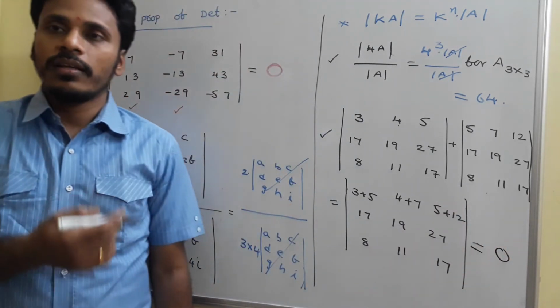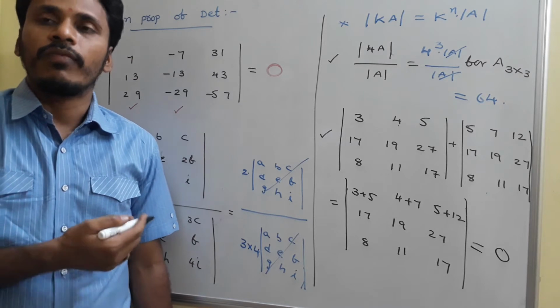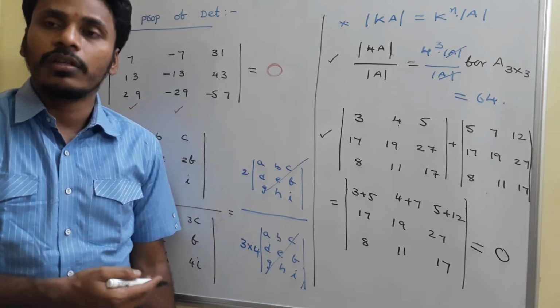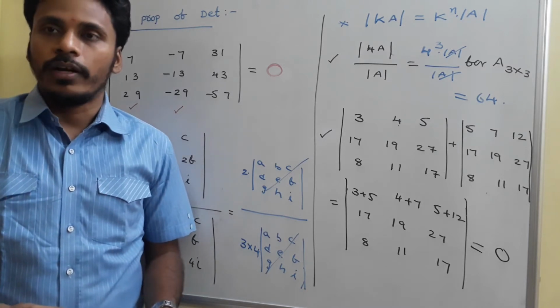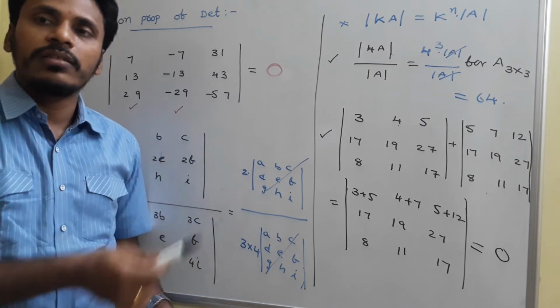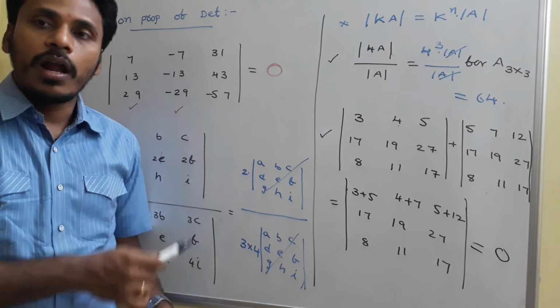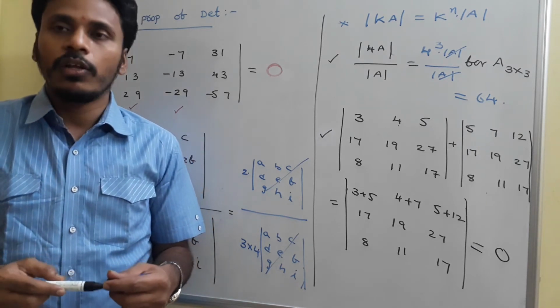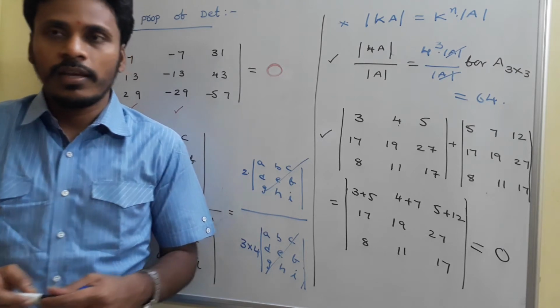Okay, so this is the simple way to calculate the determinant values without going with the traditional procedure. Instead of the traditional procedure, we can move with the properties of determinants. All these properties we discussed in the last class, and now in this one we are going to generate some more ideas based on those properties of determinants. Just have a look.